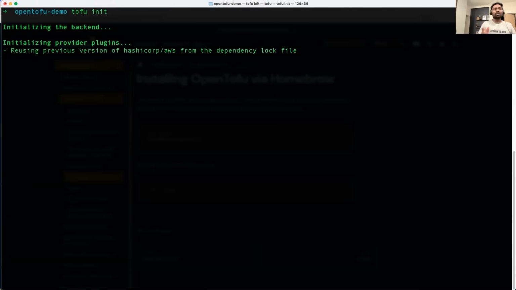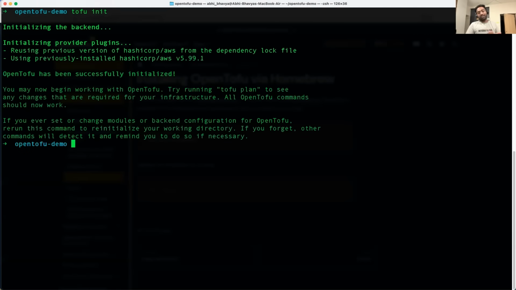Instead of terraform init, I will just run tofu init. As I told you, they maintained CLI compatibility, so whatever commands you run with Terraform, most likely they work with Tofu as well. You can also create a simple alias, alias terraform=tofu. If you're used to Terraform, you can just continue using the Terraform CLI. Anyways, first run tofu init, then run tofu plan, just like terraform plan.